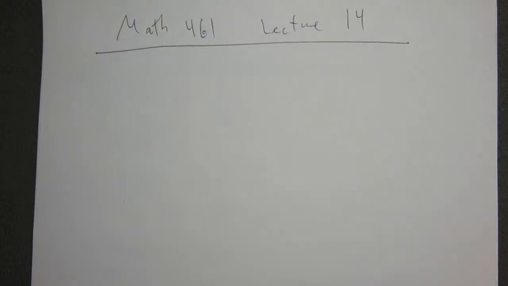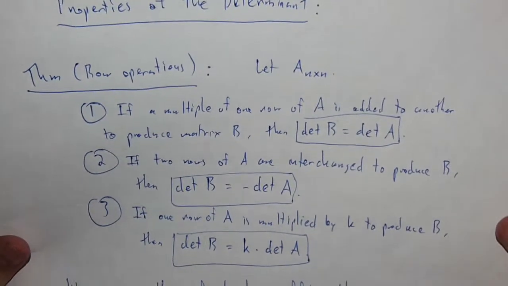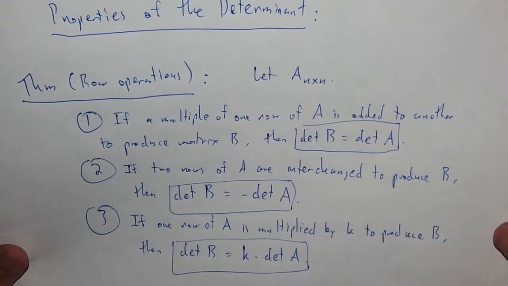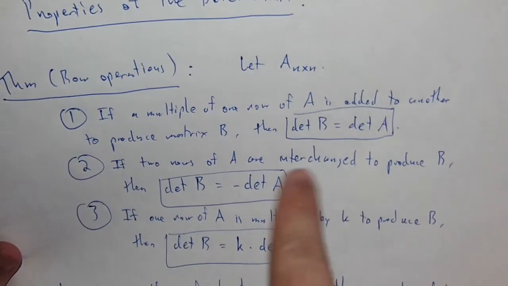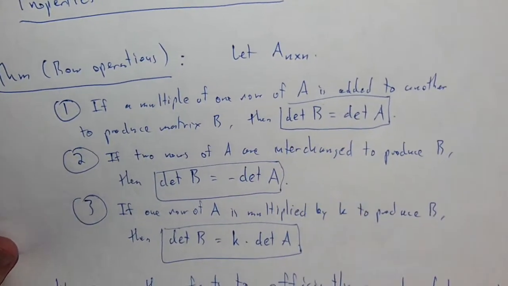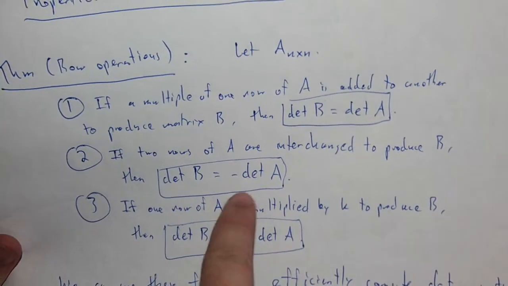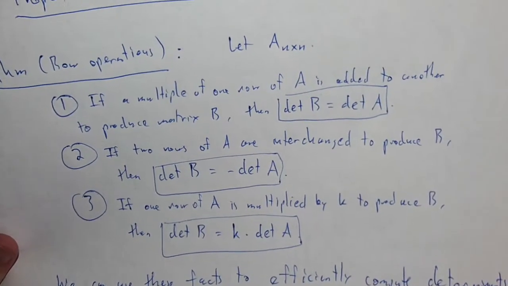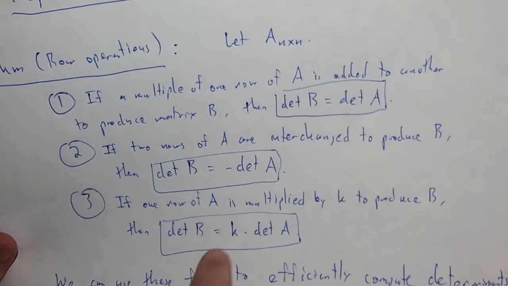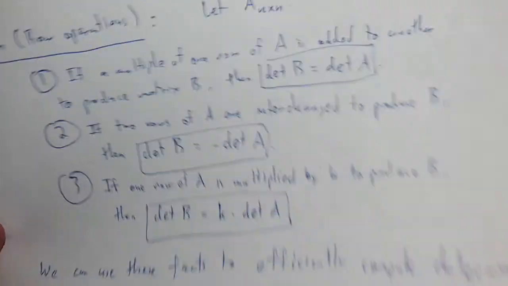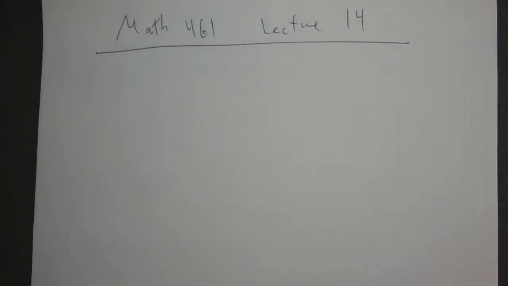The main things that we talked about were properties of the determinant, especially as related to elementary row operations. Row replacement doesn't alter the determinant. Row swapping flips the sign of the determinant, and row scaling scales the determinant. Those are the most important bits of yesterday's. Well, that's not the most important bit, but this is the stuff that allowed us to say what was really